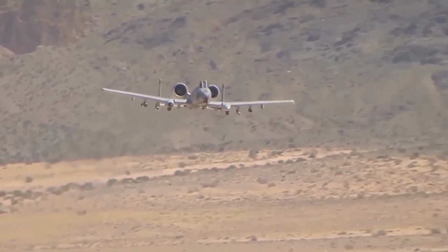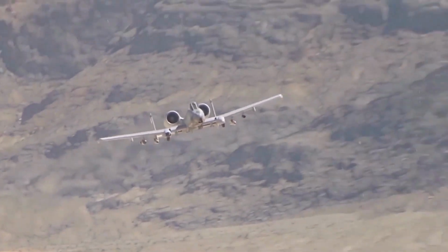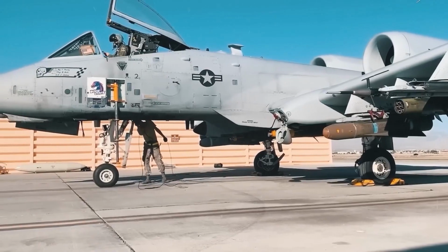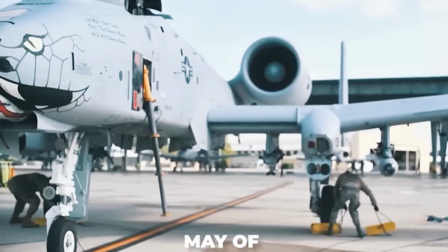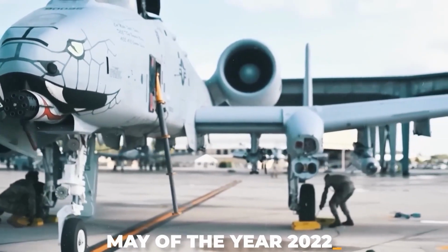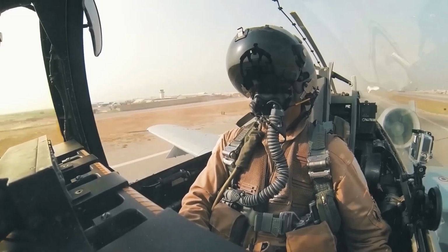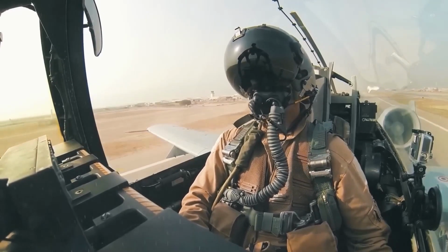Under the contract, Boeing collaborated with Korean Aerospace Industries and other essential suppliers to provide services. The initial wing assembly stipulated in the agreement was conveyed in May of the year 2022. In October 2019, CPI Aerostructures was chosen by Boeing to supply structural assemblies for the wing replacement initiative of the